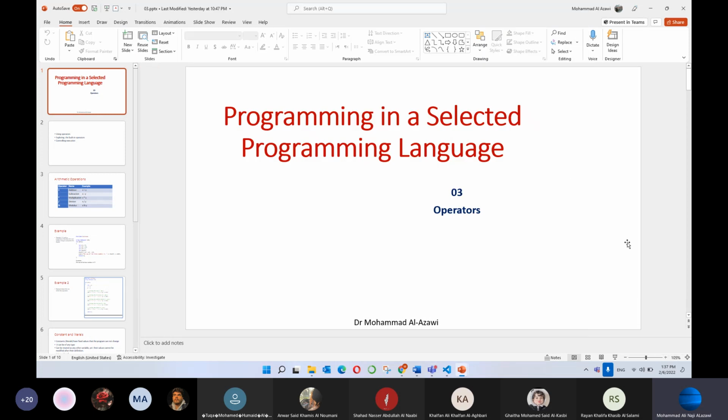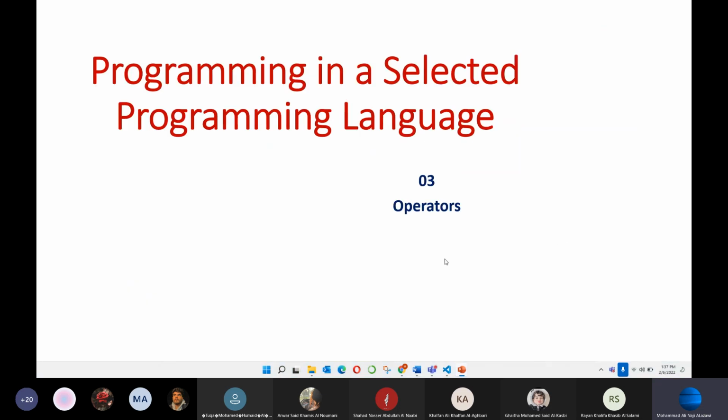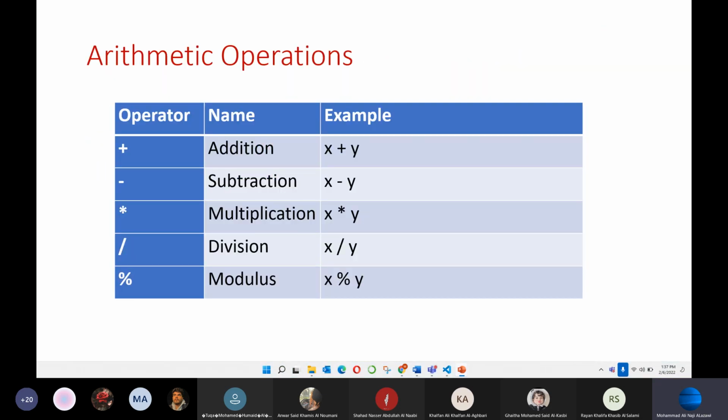Okay, so this is the last lecture. In the previous lecture we discussed a few things like the operators. And we said the most important operators that we are going to use a lot are the arithmetic operators, which are our operations: addition, which we write like x plus y; subtraction, x minus y; multiplication, x asterisk y;